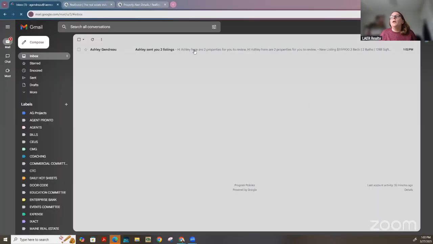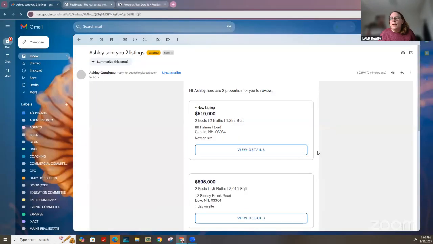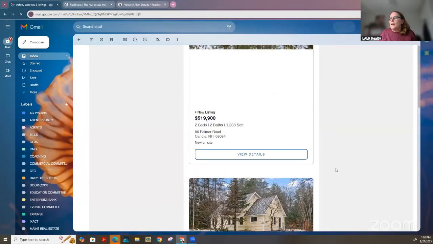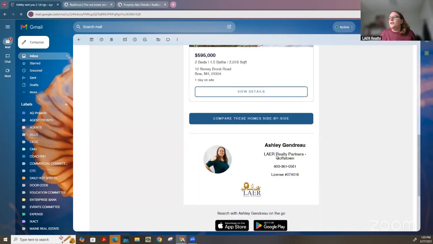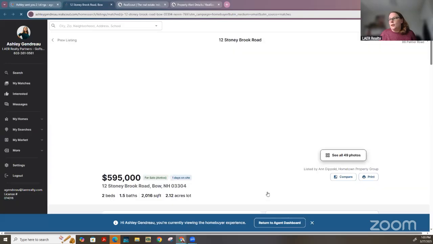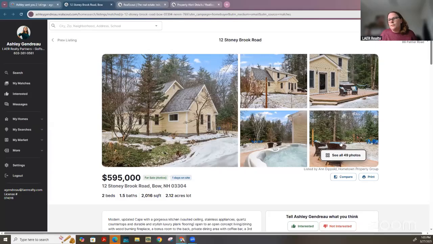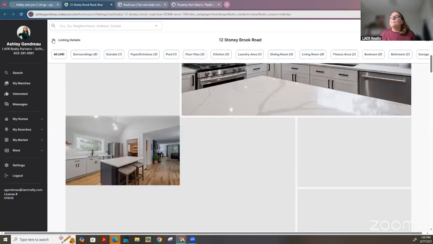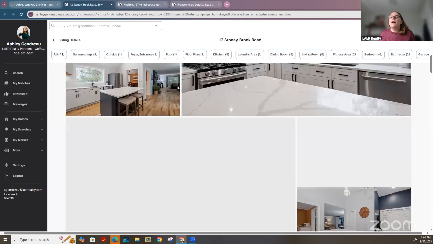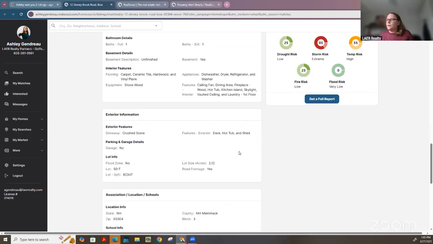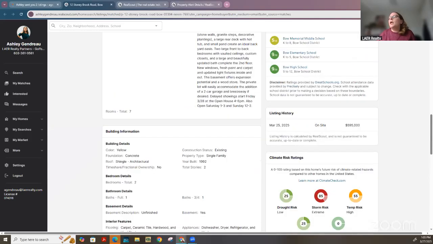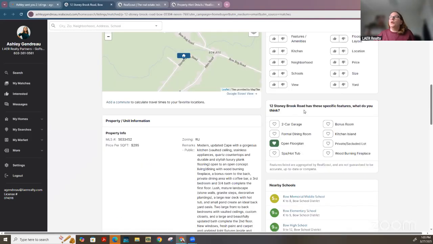And we're going to be able to see that Ashley received 2 emails. So now we can do view details. It's going to allow us to view the details of the property as the consumer. So we scroll through the photos, right? We like it, but we're not sure yet, right? But we can go back, we can peruse through the property information, right? So everything that I just showed you on the agent side is here, except for the box